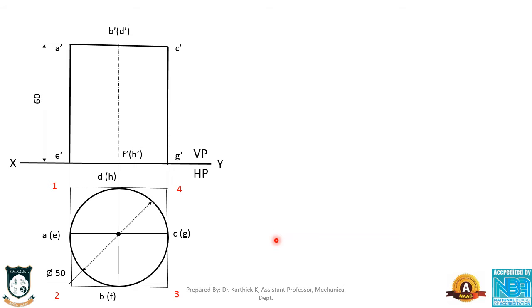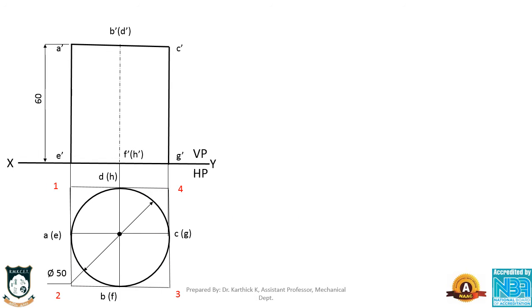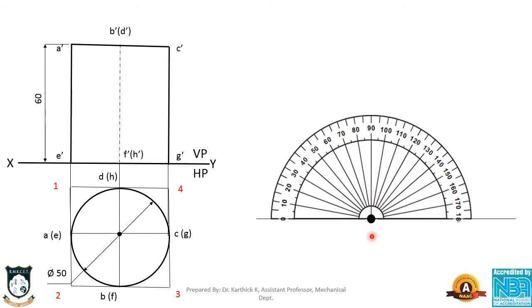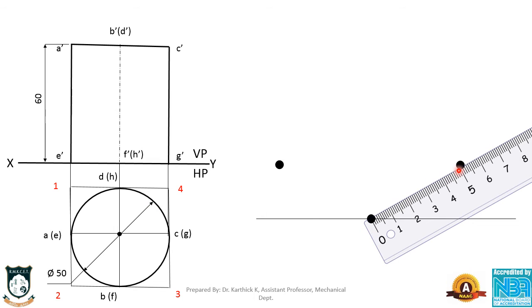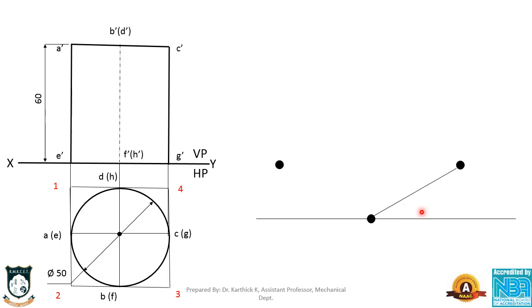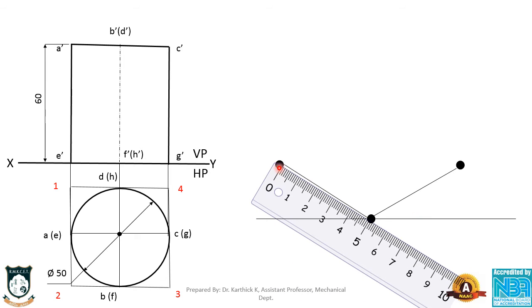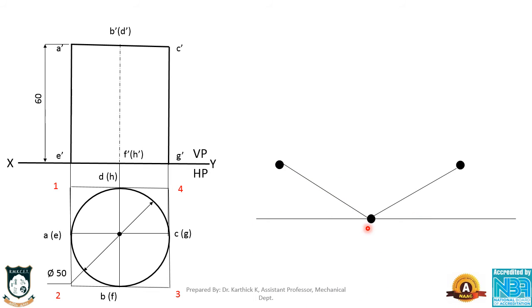First I would like to draw the box. In isometric view, I am going to draw the box first. For that, make a line like this. Choose any point, bring your protractor, measure 30 degree on both sides. Just draw the box. Keep your scale at 50 mm, and draw a 50 mm line.